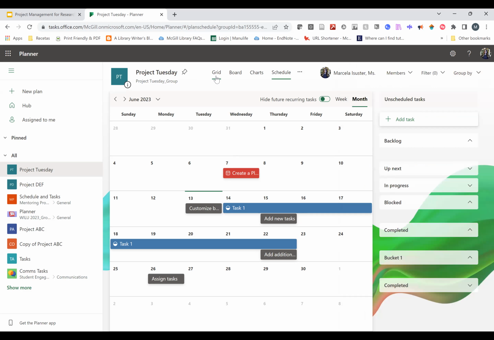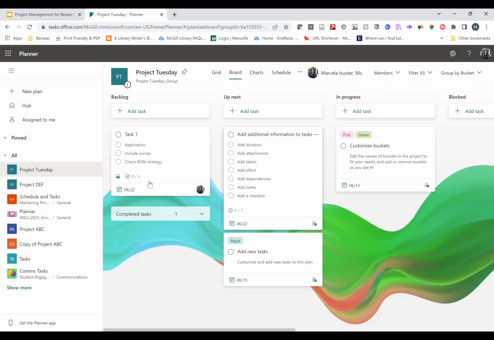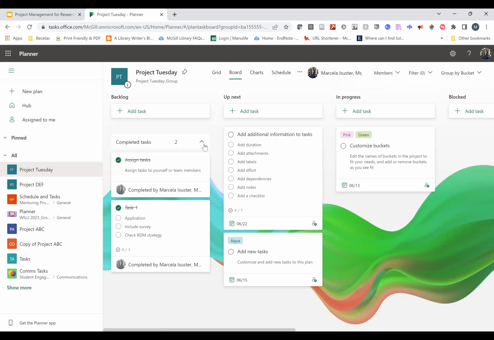And then I forgot to show you the last thing, which is how do you mark a task as done? Basically, you just come here and check on it. And that's it. And then you can just change it this way. So now you have completed a task.